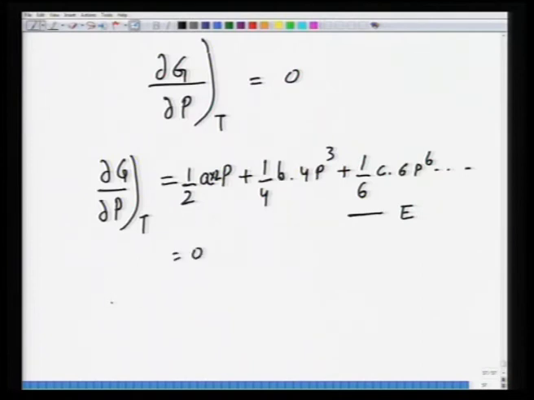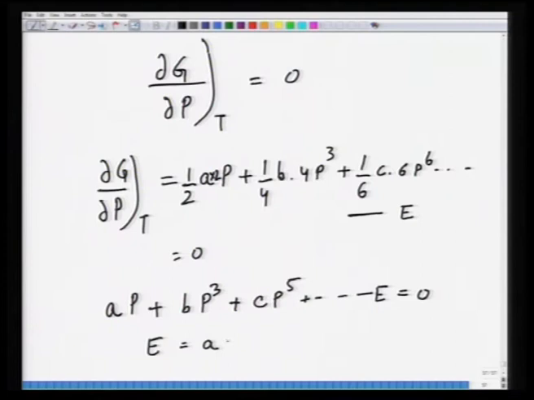So, what basically it means is that A P plus B P cube plus C P 5 minus E is equal to 0, or E is equal to A P plus B P cube plus C P 5,